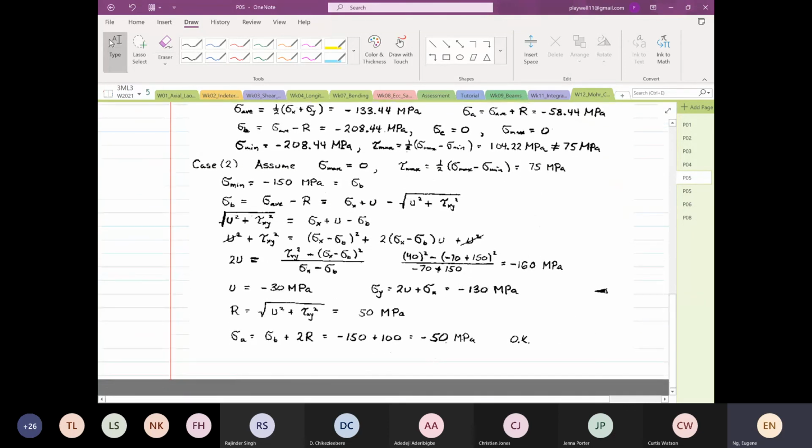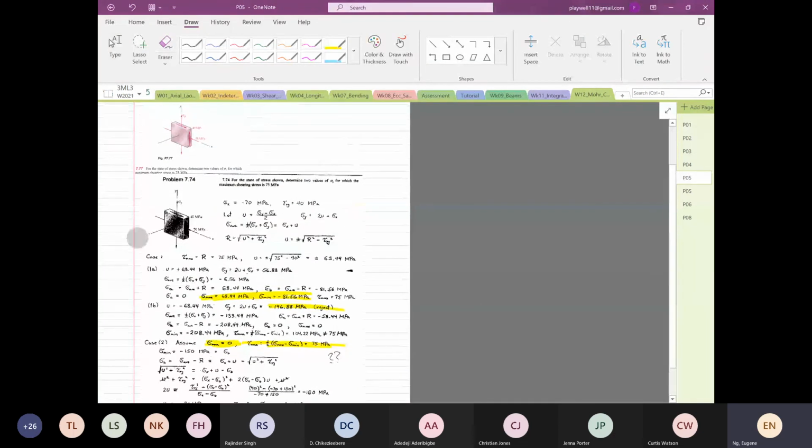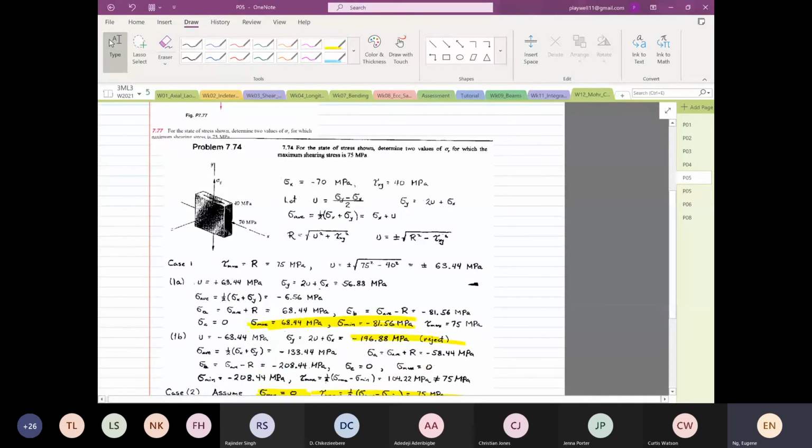And then case number 2, what are they doing down here? I don't know. And then all of a sudden they have this. This is a problem where they combine U strength and Mohr circle together. Did they tell you anywhere at this stage? No, nothing. They just say, boom, go for it, have fun. That's why solution